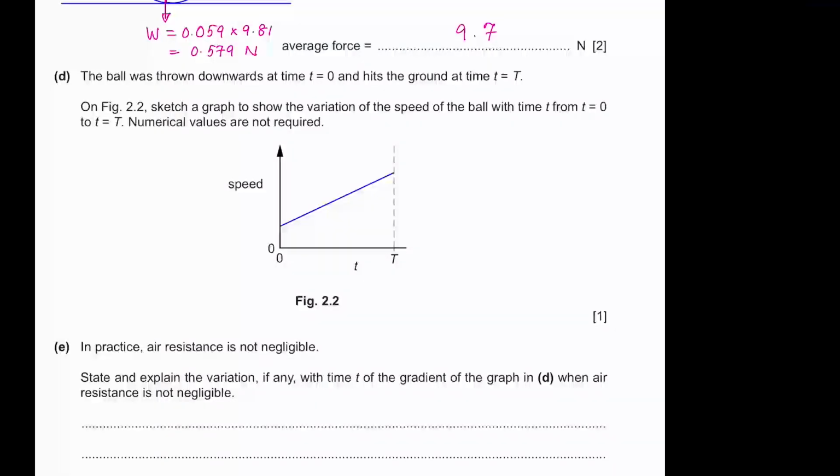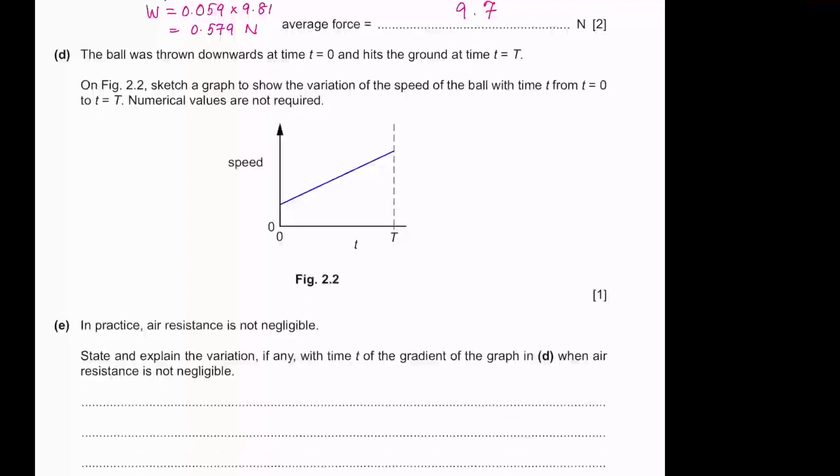So as it is falling, the resultant force will decrease. Agree? If the resultant force is decreasing, the acceleration will decrease. So the gradient of the graph is supposed to be gradually decreasing. So, state and explain the variation of the gradient when air resistance is not negligible, we can say: